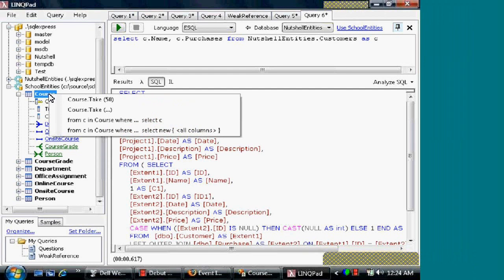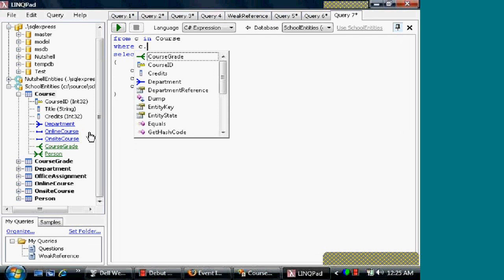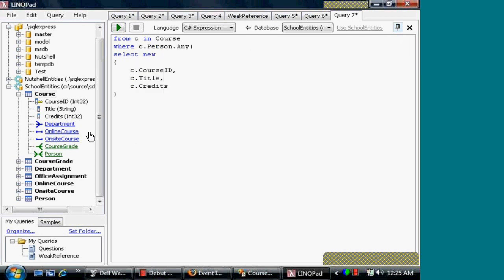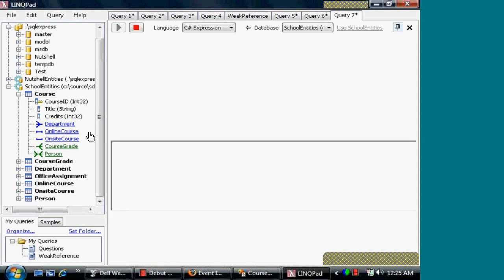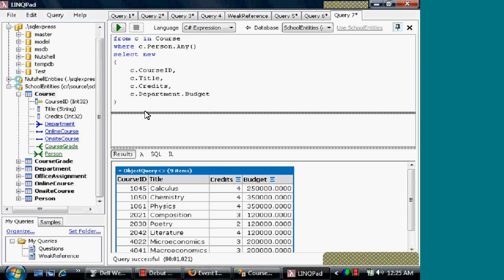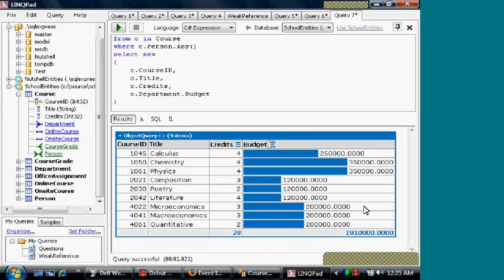So we'll do a new query there. I can put where c.person.any, so I only want courses where there's people enrolled on them. And I want to select the course ID, title, credits. And I also want the department's budget in there. So let's run that now. And here we are. And these little things here, if you click them, it'll give you a graph. It'll bring up a little bar graph. So that's it in a nutshell. That's how to use LINQPad to query custom entity framework